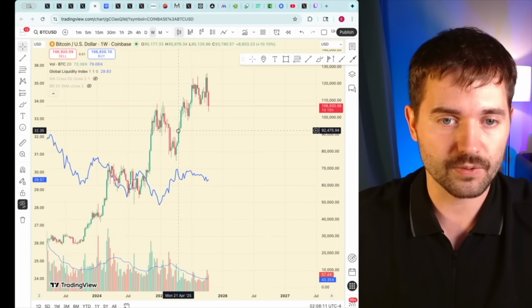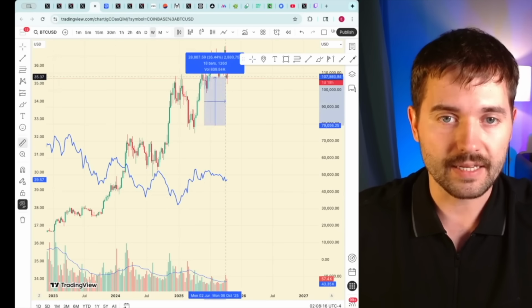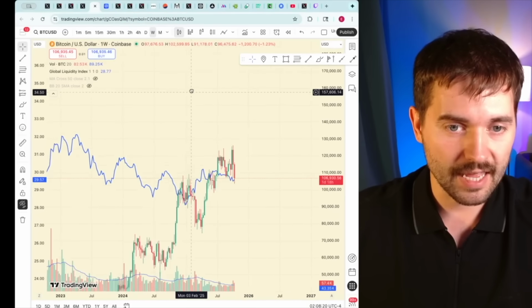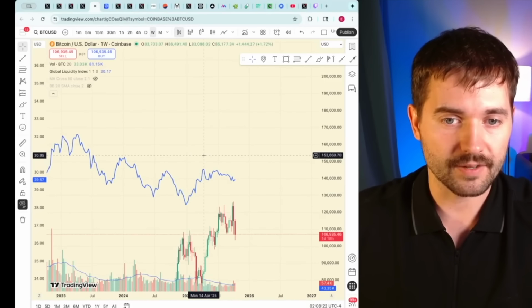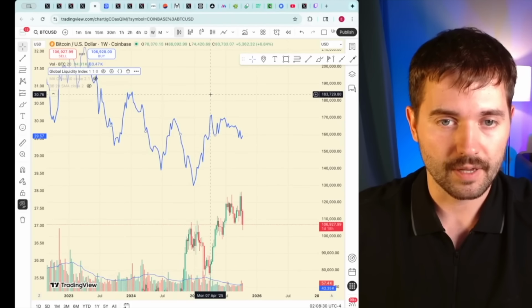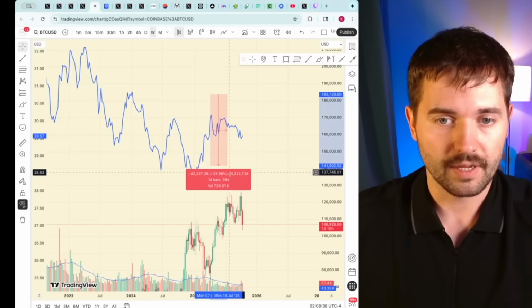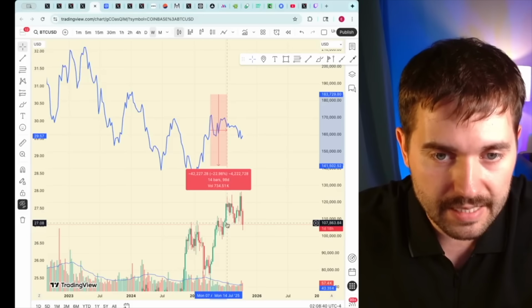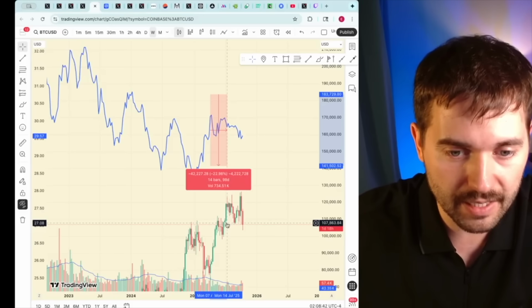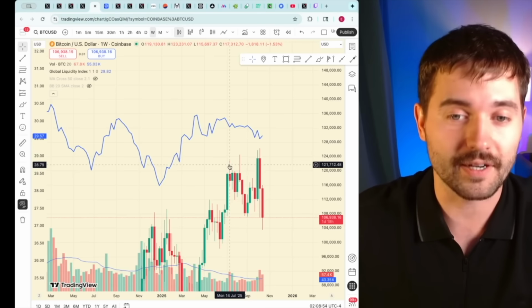And then the latest one was this uprise, right? From 80 to 100. So with the same logic, we take from this top moment of the global liquidity and we mark 100 days until the Bitcoin liquidity tops. And look at that, we land exactly on Monday, July 14th, 2025. This week and this week of this candle.